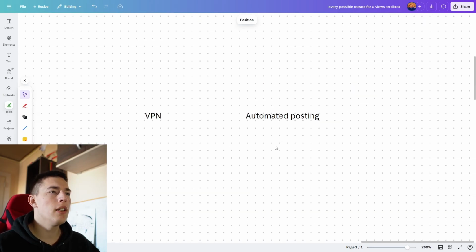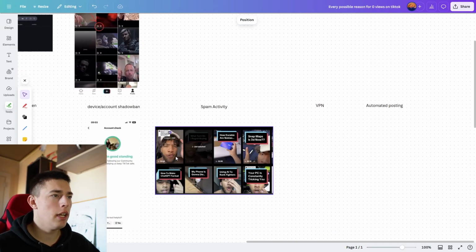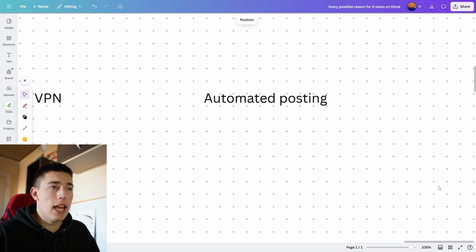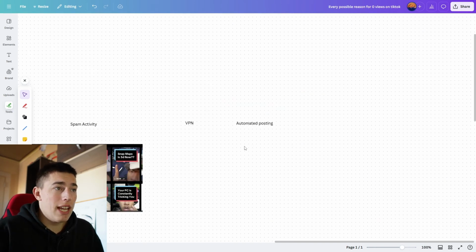Automated posting, again, if you're using scheduling apps and you're trying to post a lot of content, if you're an established account, it will work, right? Automated posting is not bad. These apps wouldn't exist if it didn't work. But only if you have an established account. If you create 10 accounts and you just bulk upload content and you try to schedule it, boom, boom, boom, boom, of course it's not going to work. Of course it's not going to work, right?